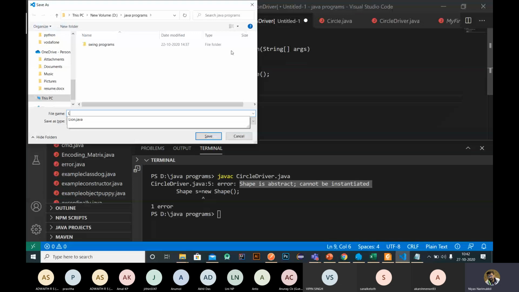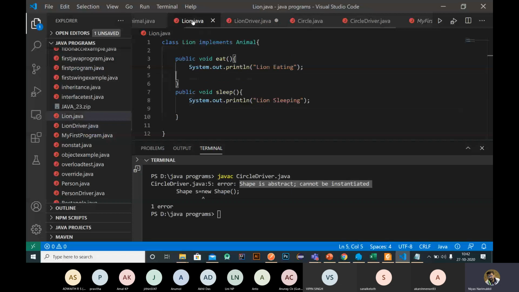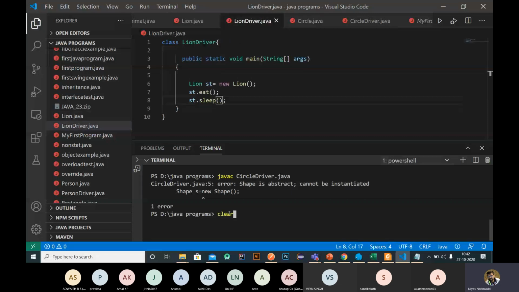Here we are going to create an object of lion, and we are calling the functions lion.eat and lion.sleep, right? In order to run, we need to javac lion driver.java. So it is compiled successfully, then we can run. We'll get lion eating and lion sleeping.